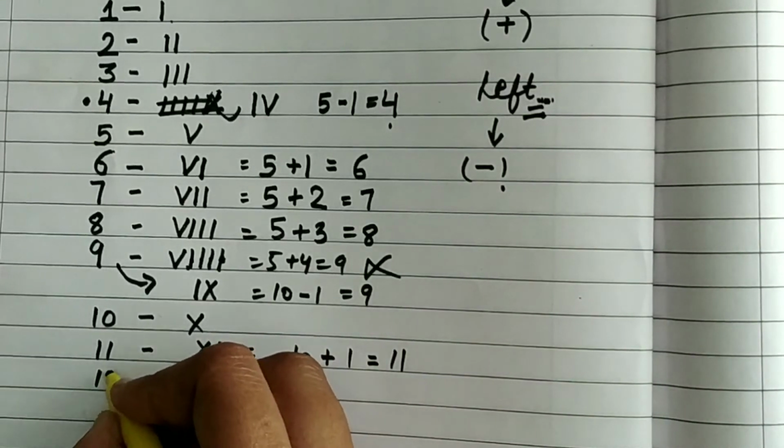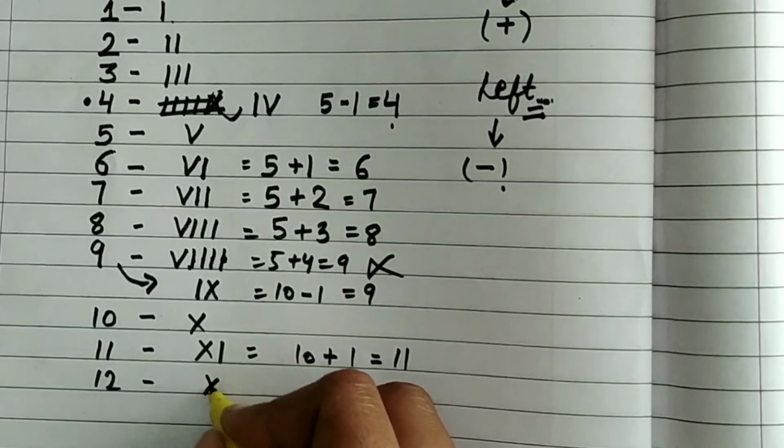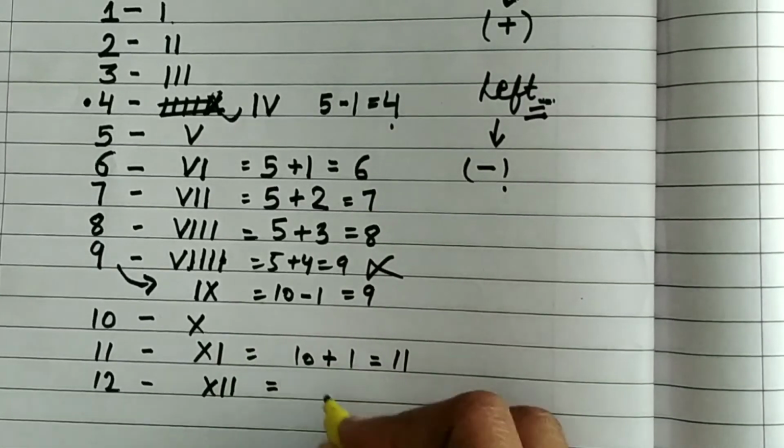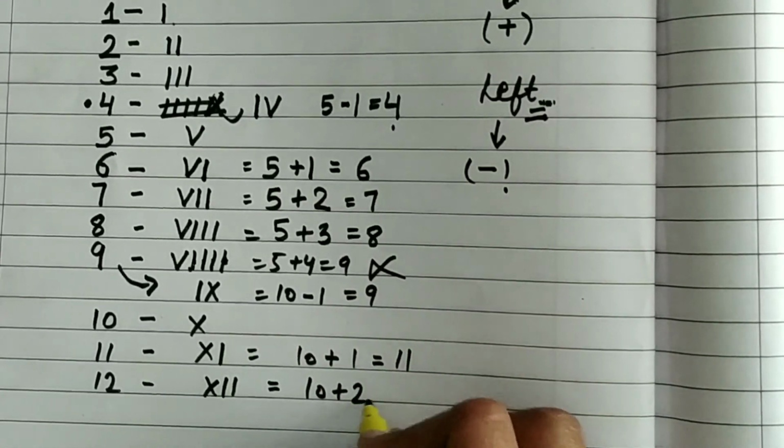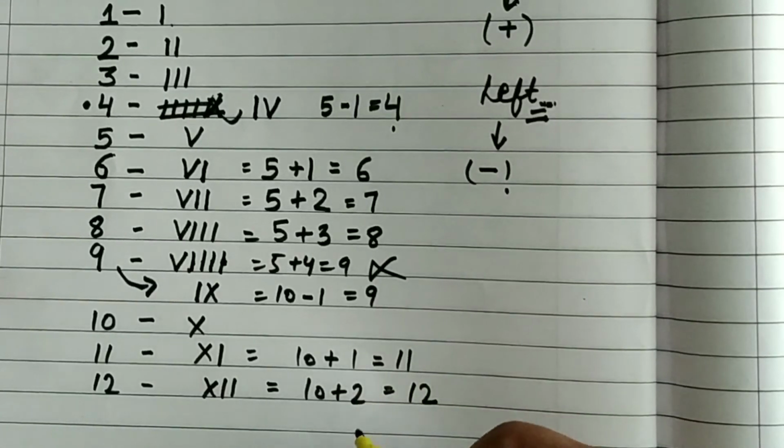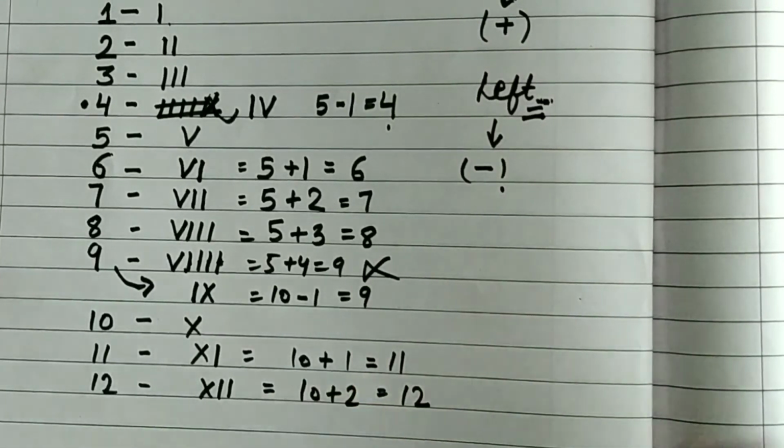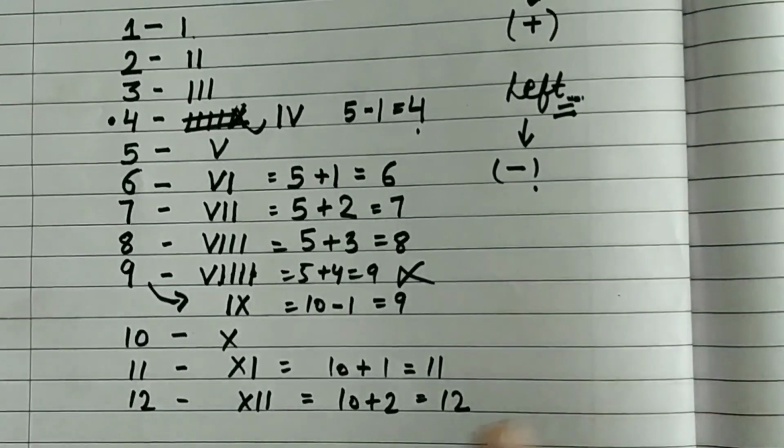Similarly, 10 plus 2 equals 12. Fine. So you have to write it up to 20. You have to try from 13 to 20, and I will ask